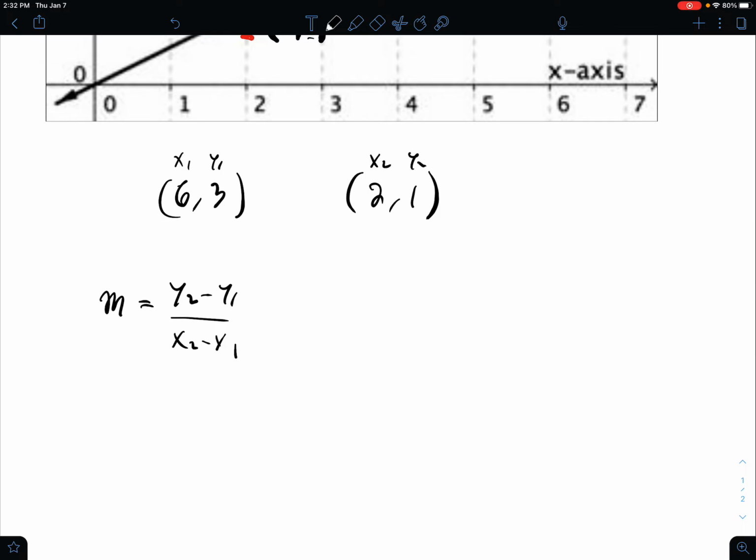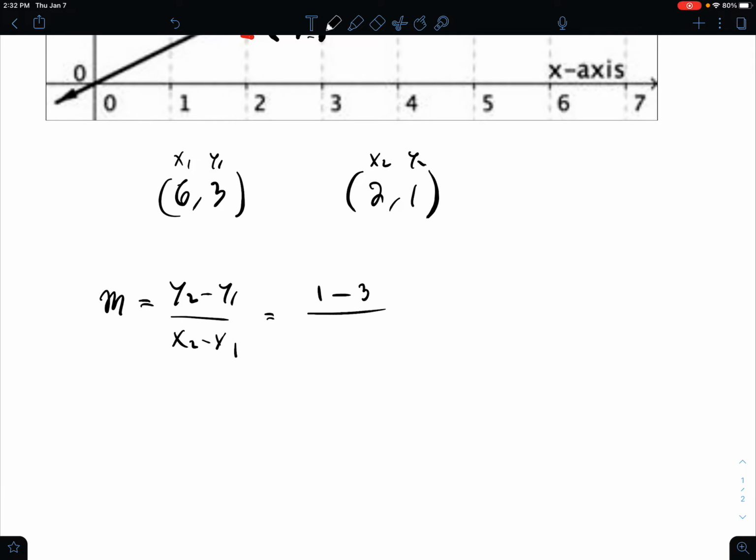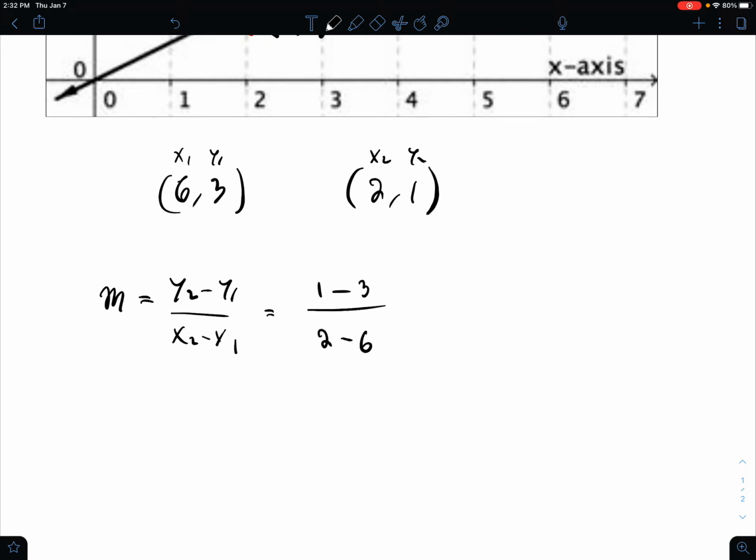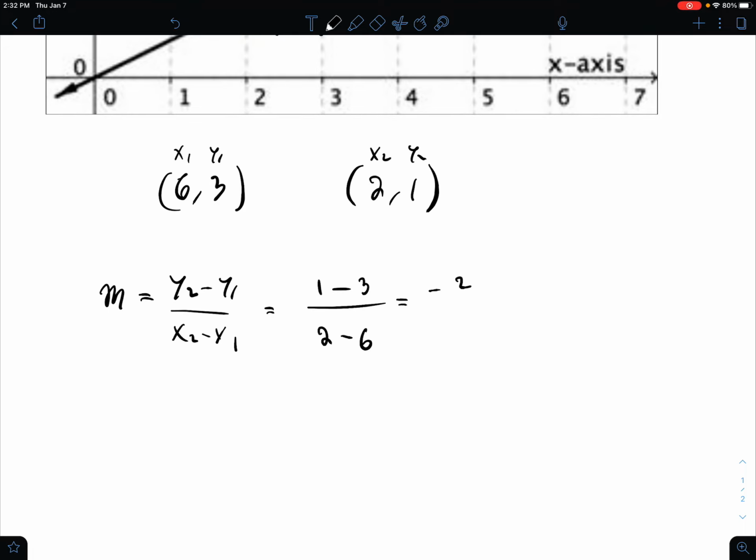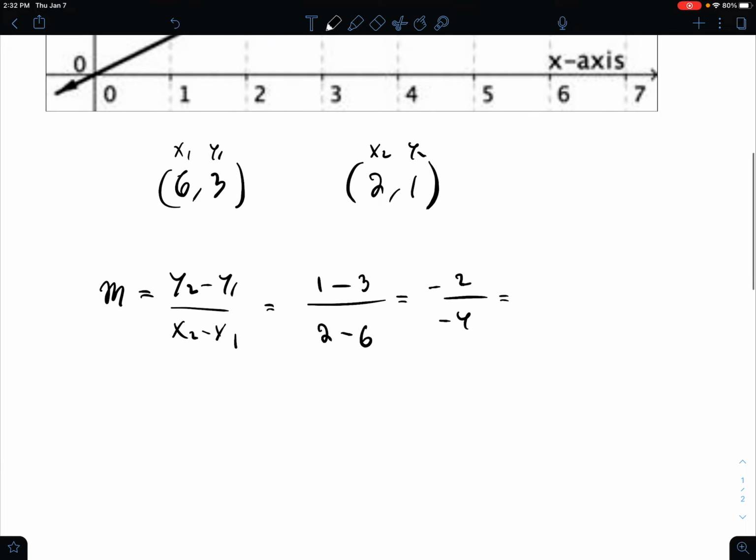My y2 is my 1. My y1 is 3. My x2 is 2. My x1 is 6. And I get minus 2 over minus 4, which will just simplify